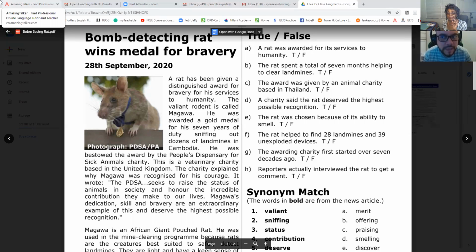A rat has been given a distinguished award for bravery for his services to humanity. The valiant rodent is called Magawa. He was awarded